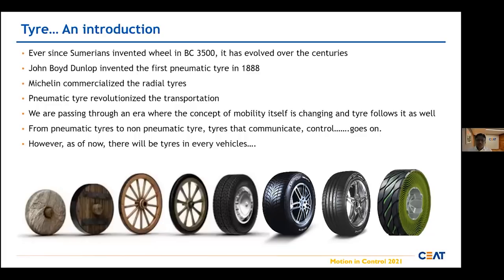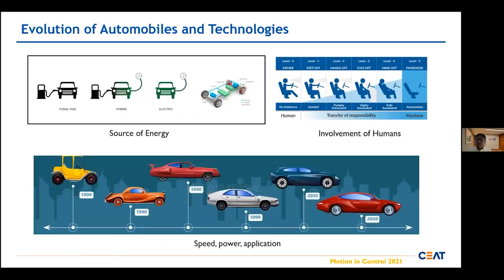But the good thing, as I told on the inaugural day, is that at the moment every vehicle will have tires. Vehicles may change, and tires will also change, but there will be a tire. Now, if you look at the evolution of automobiles, I classified them into three: the source of energy, involvement of human, and speed, power, and application. All three will have an impact on the